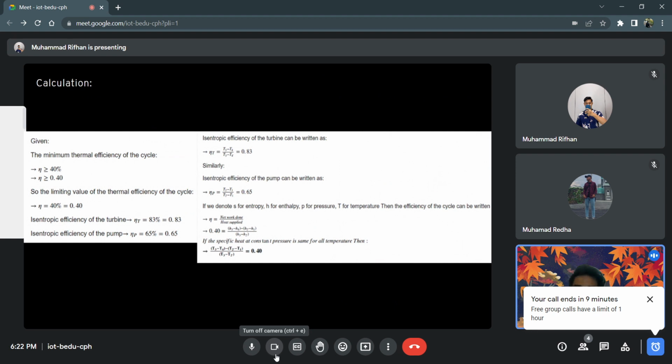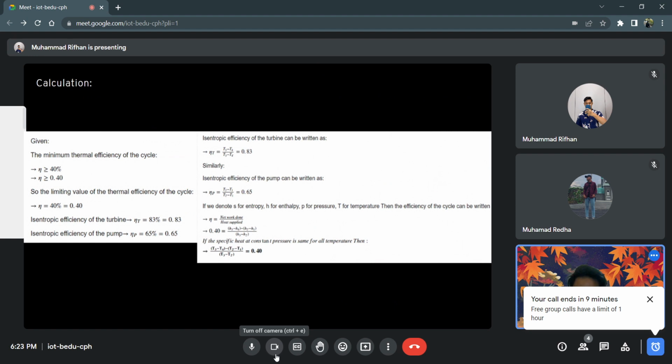and it's equal to 0.65. And then the isentropic efficiency of the turbine also can be written as T3 minus T4 over T3 minus T4s equal to 0.83. And similarly, the isentropic efficiency of the pump also can be written as T2s minus T1 over T2 minus T1 equals 0.65. And if we denote S for the entropy, H for the enthalpy, P for the pressure, T for the temperature,